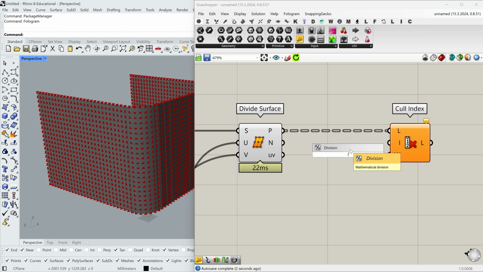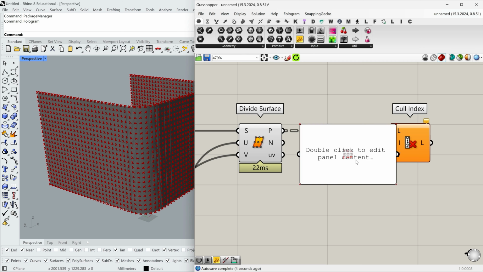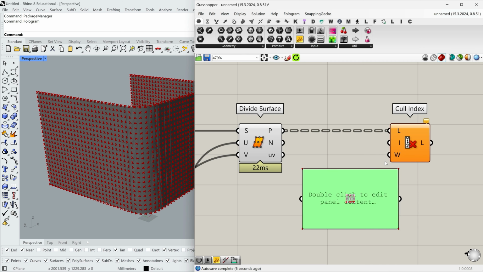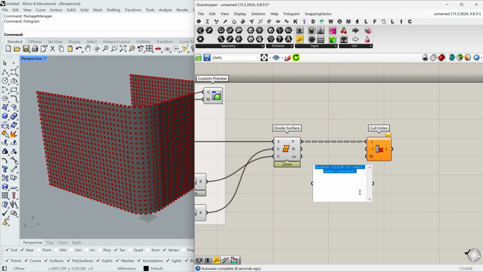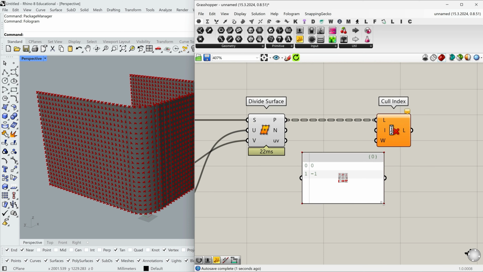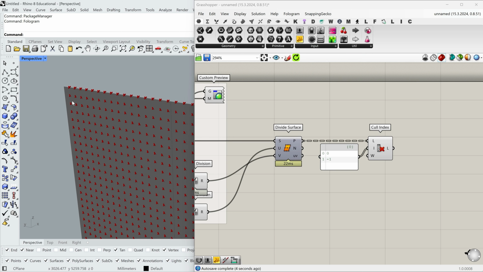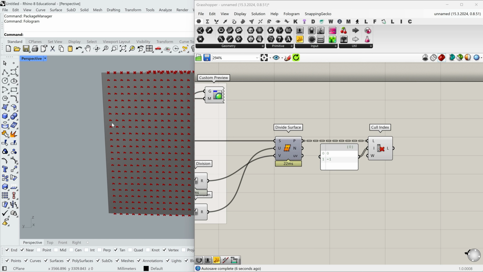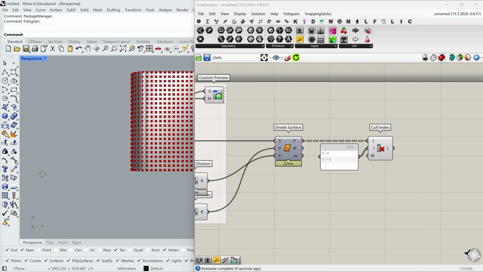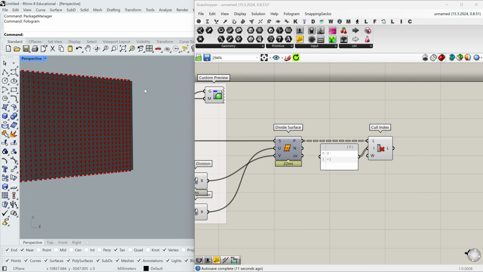And I will cull two points in every branch, one with index 0 and one with index -1, meaning the last point in every branch. Turn off this preview and you can see there are no points on left and right edges,